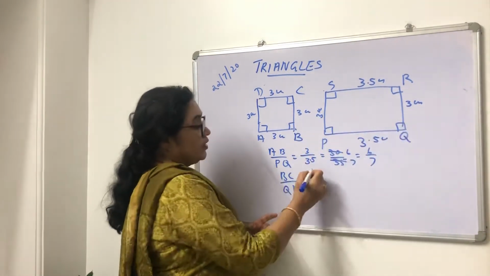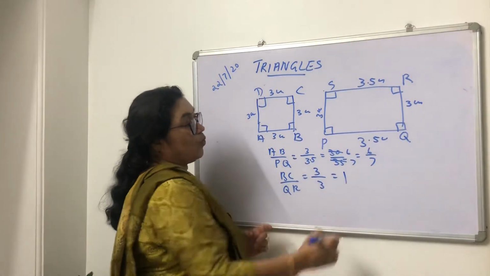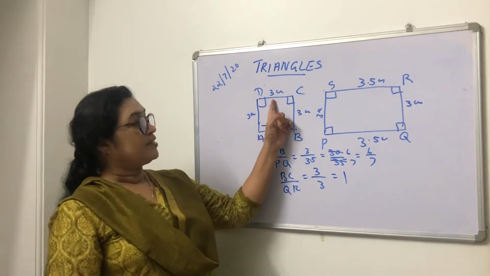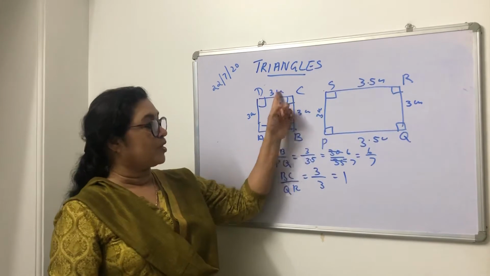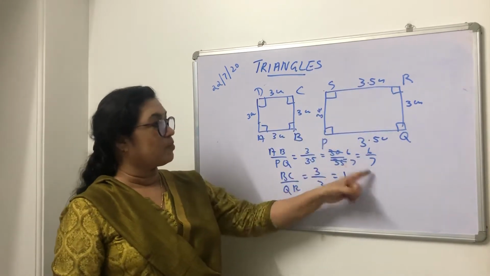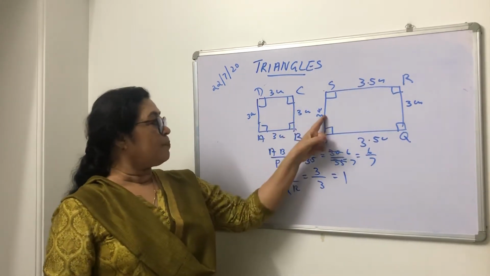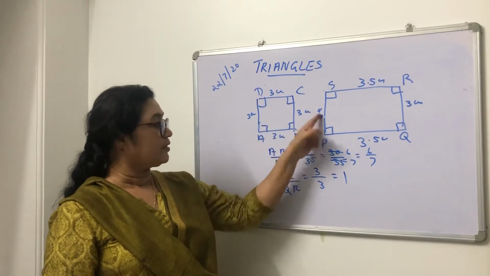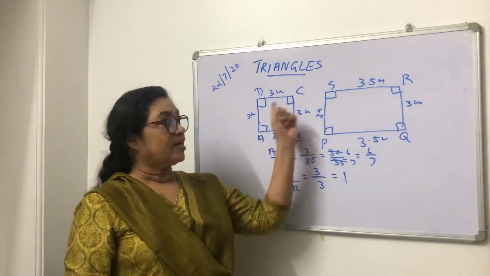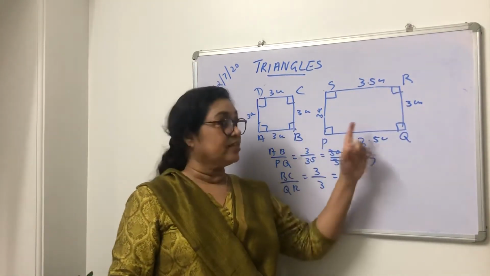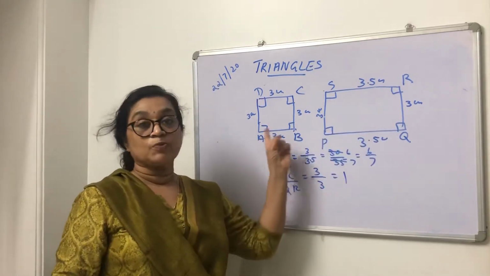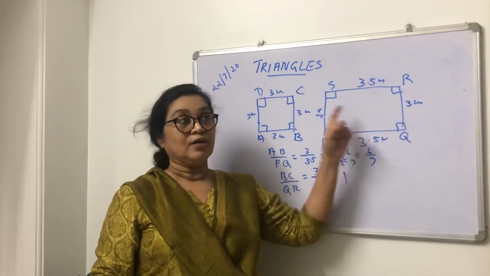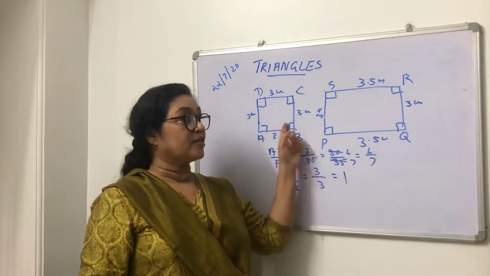BC by QR is 3 by 3, which is equal to 1. Then CD by RS is also 3 by 3.5, that is 6 by 7. AD by PS is also 3 by 3, which is 1. That is, in this case, the corresponding sides are not in the same ratio,